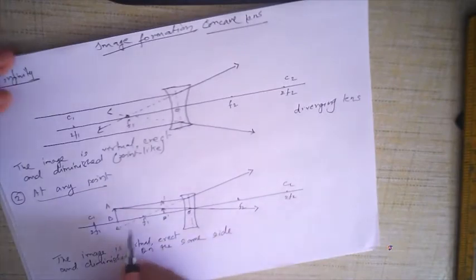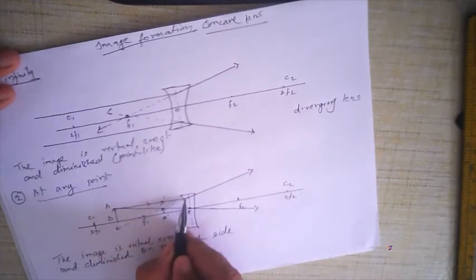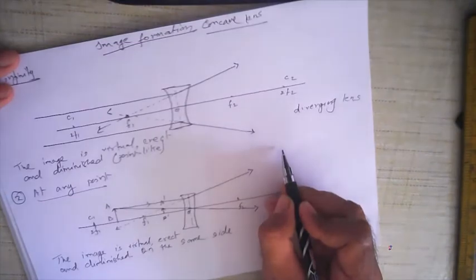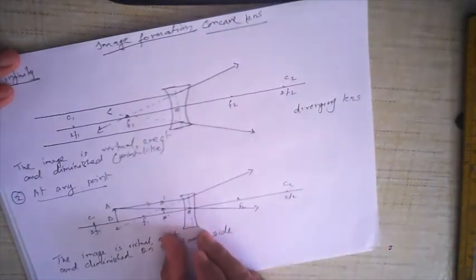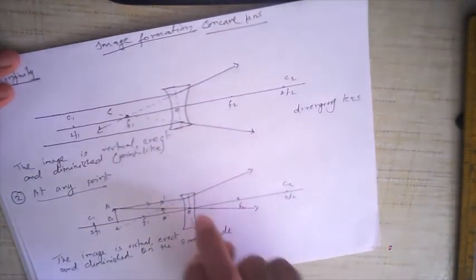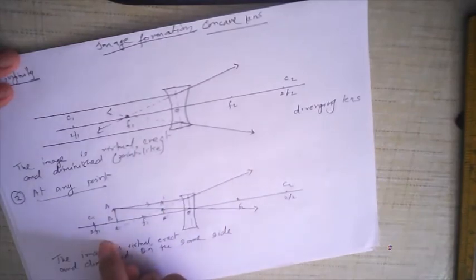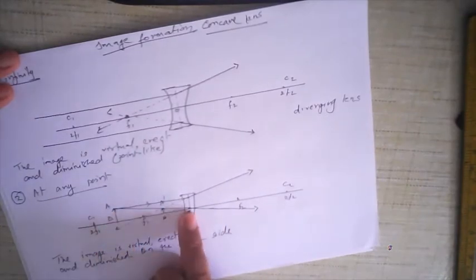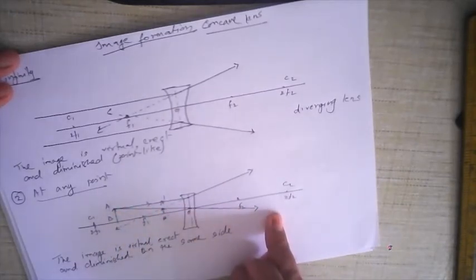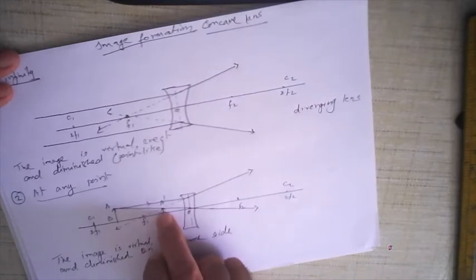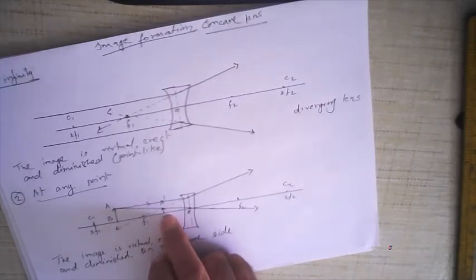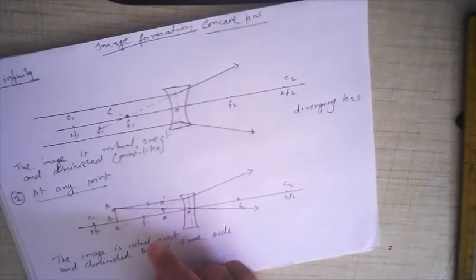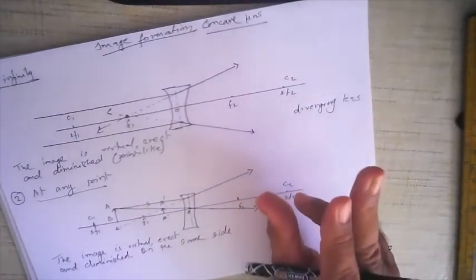How is it formed? One ray of light goes parallel to the principal axis, and it goes through the lens. But because it is a concave lens, it is a diverging lens, the rays diverge. Extend it backwards with a dotted line. One ray of light goes straight through the center of the lens. When a ray of light goes through the center of the lens, it passes straight through without bending. Where the two rays of light meet, an image is formed here. So image formation by a concave lens is also important to understand. Two rays of light are always taken to form the image.